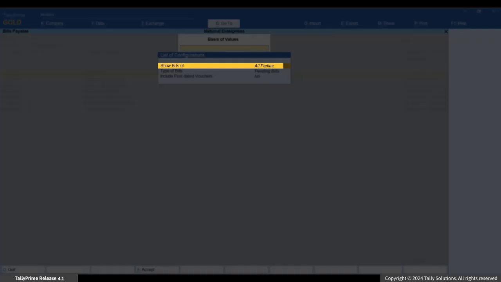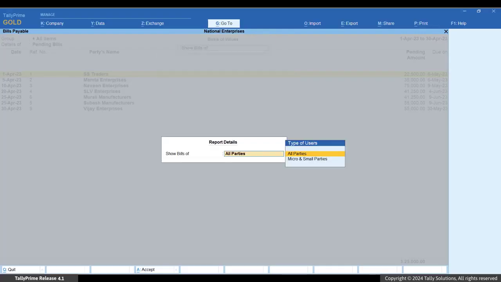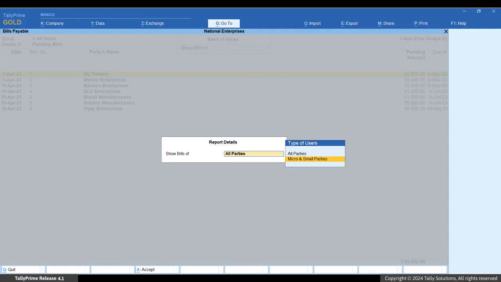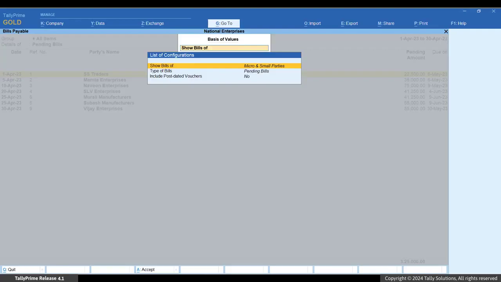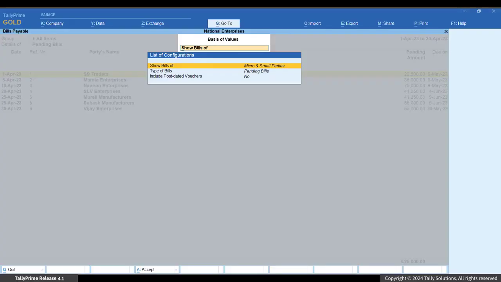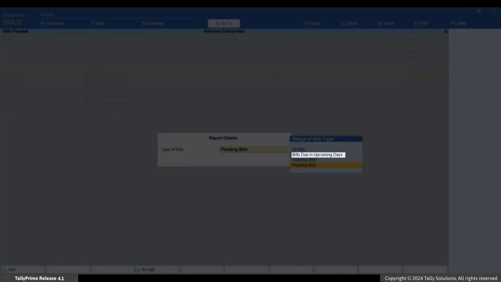Select Show Bills Of and press Enter. To view bills of only micro and small suppliers with MSME registration details, select Micro and Small Parties option. Press Enter. You can further filter the bills using the Type of Bill option. Select Bills Due in Upcoming Days and press Enter. In the Show Bills Due in the Next field, enter the number of days to see the bills that become